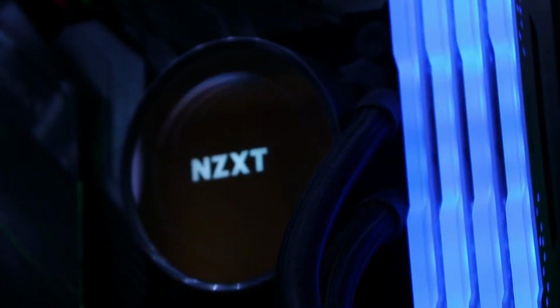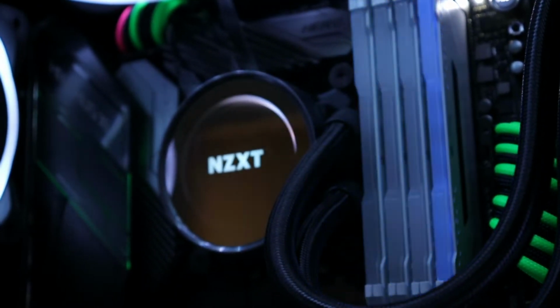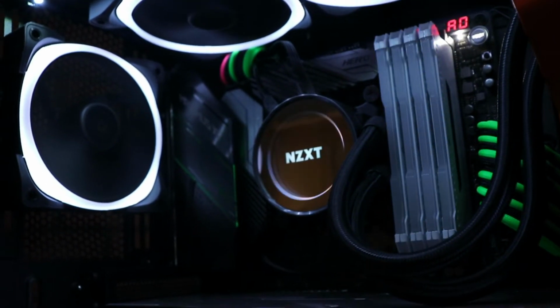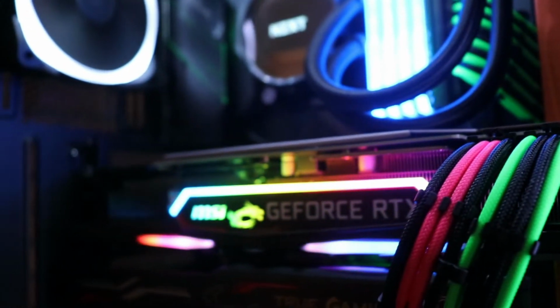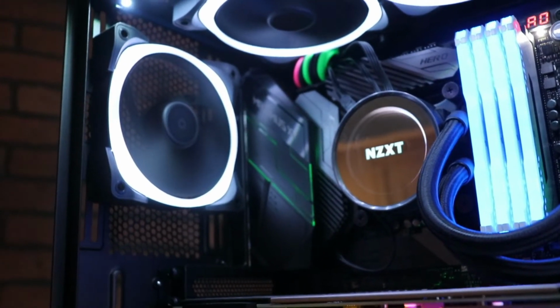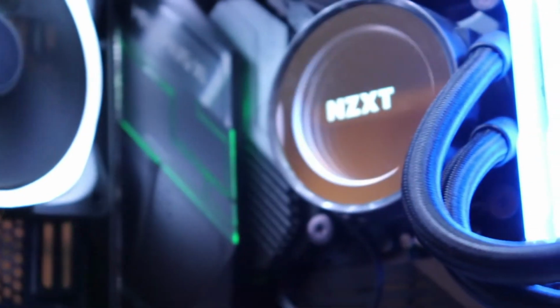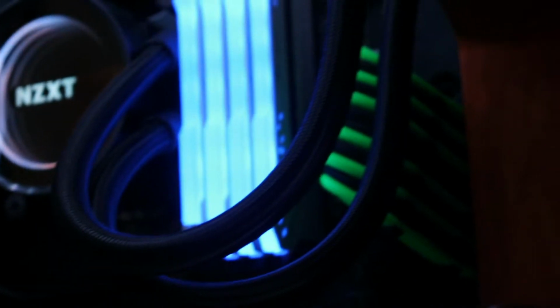The processor that I'm using in my PC is the Intel Core i9 9900K. This is an octa-core and can go up to 5.0 gigahertz. It's turbo and it's unlocked. The graphics card that I'm using is from MSI, a GeForce RTX 2080, the Gaming X Trio. That one is 8 gigabytes, GDDR6, PCI Express 3.0. And the last thing that I have is the motherboard. The motherboard that I got is from ASUS, and the model